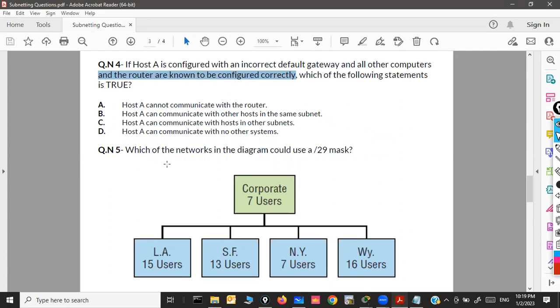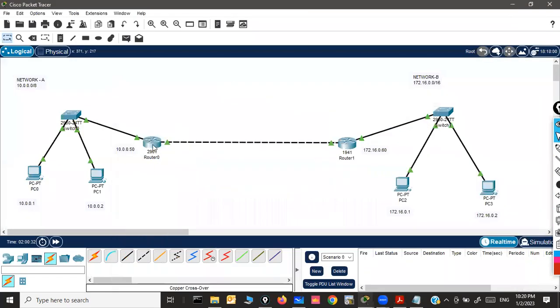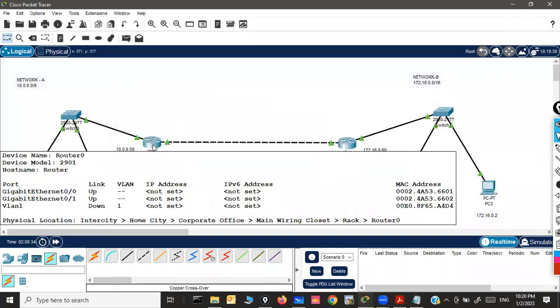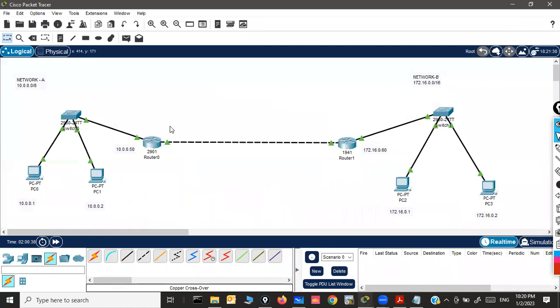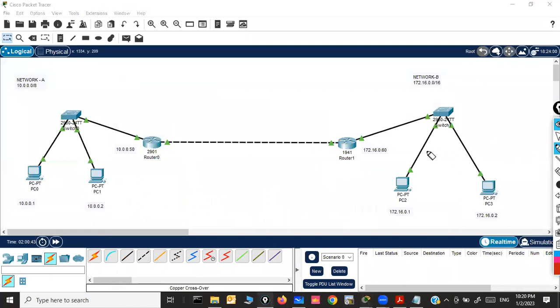Tomorrow again, I will start with this PDF, right? We'll attempt the remaining questions first. This way your subnetting knowledge would be properly revised. And then I will start the router initial configuration, right? Interfaces, and then the routing part thereafter. Okay. And probably from tomorrow, we would be starting lab sessions altogether. I mean, theory plus lab.